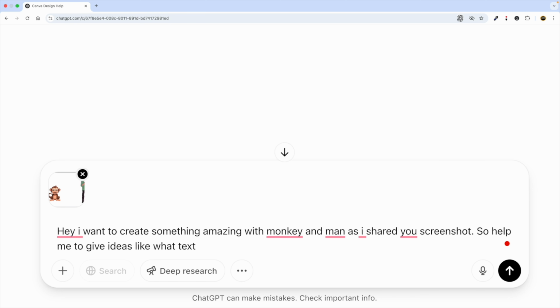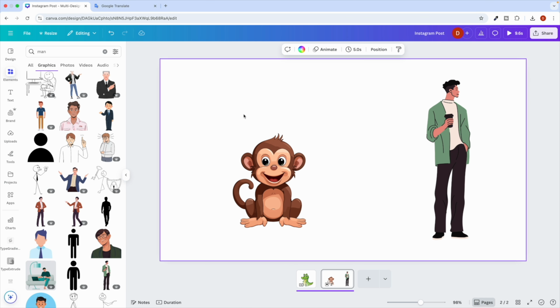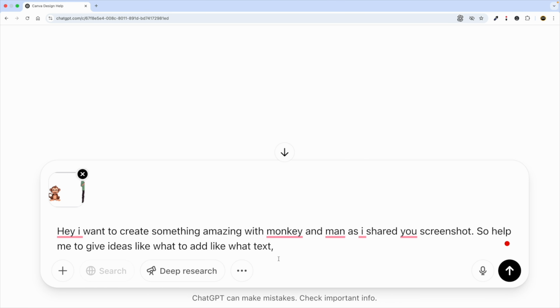Okay, like what to add here. You can write like this: what to add, what text we should add over here. And you can even say what other elements I should use. Okay, what other elements I should use. And I can also write what font and color